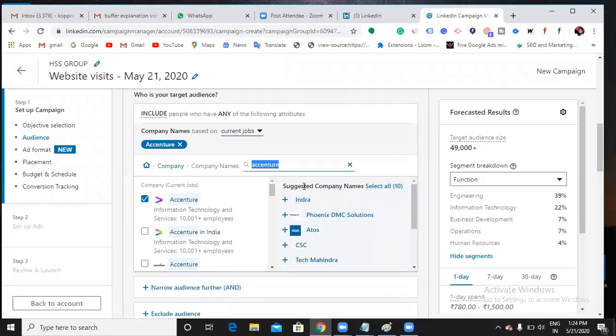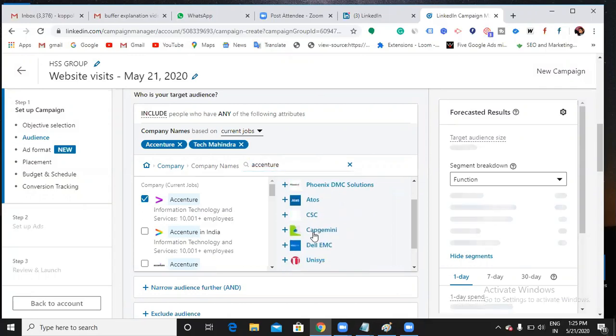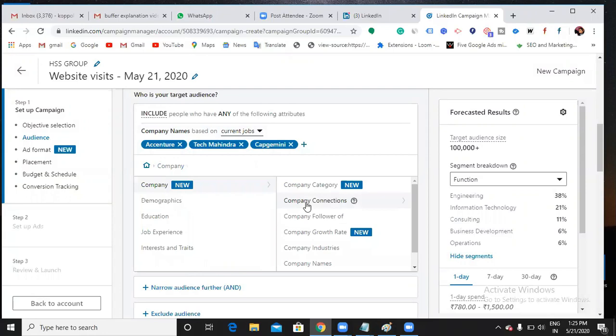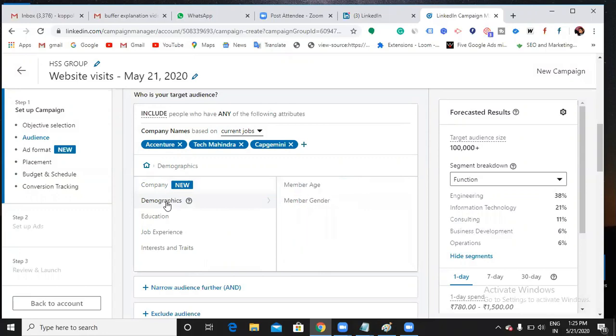That means I am going to target according to the company as well. It still shows you a few company suggestions, like Mahindra, Capgemini. If you want to use any suggestions, you can use them. So company option is this. Then company connections, company growth rate, company category also, you can use them.